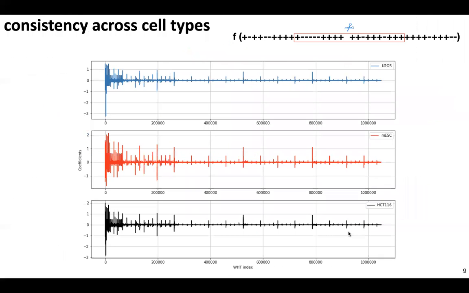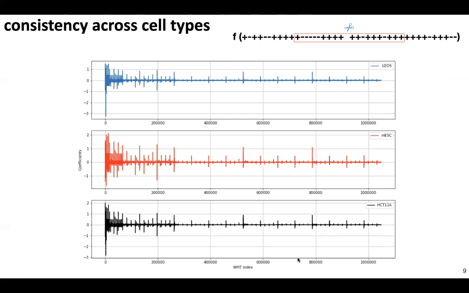So we used CRISPRLand to compare the DNA repair landscape in the WHG domain across 3 different cell types, U2OS, mESC, and HCT. Surprisingly, what we found is that the locations of the WHG coefficients were fairly consistent across cell types. And really the differences are in the relative values of the coefficients rather than the locations, probably due to the shared mechanistic behavior of repair across cell types. More research has to be done on this front, but the observation has been really interesting.